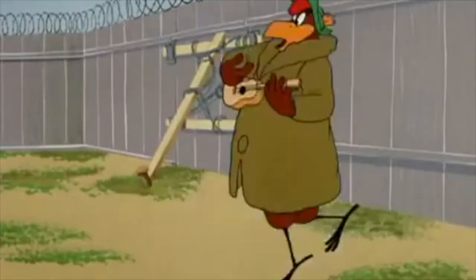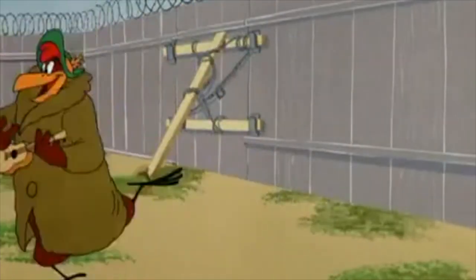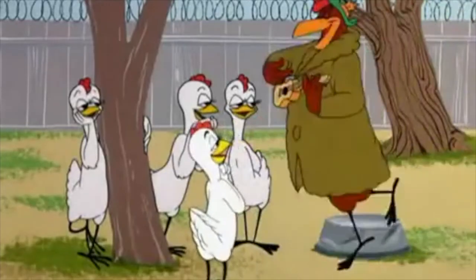Roosters can't fertilize the egg outside of the chicken. They have to fertilize the egg before it becomes an egg outside of the chicken. Does that make sense? So they got to do some funny little dance. Who's got all the girlies chasing him around? Franny the freshman, the freshest kid in town. There has to be physical contact between the rooster and the hen, and when that happens, that's how the egg